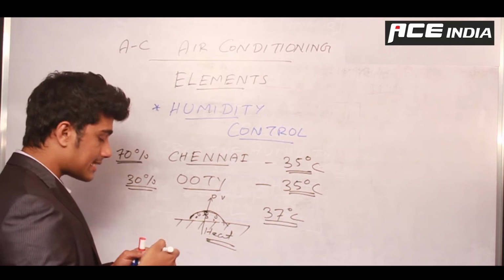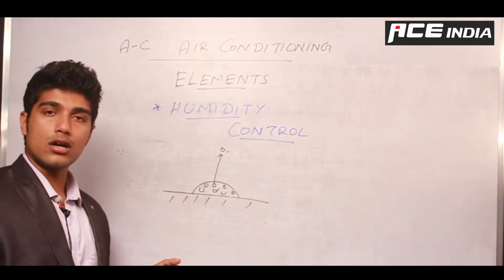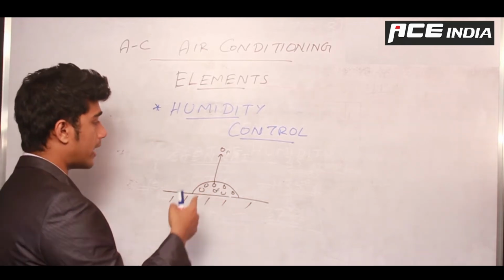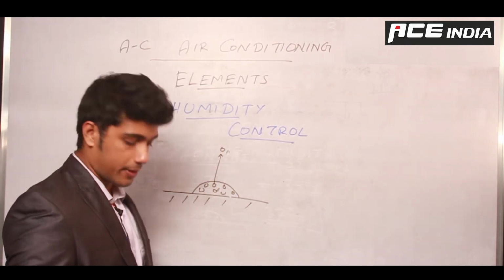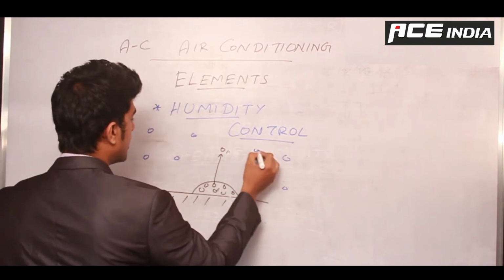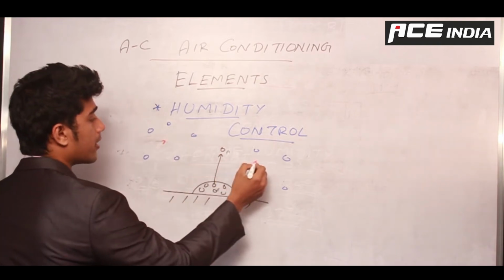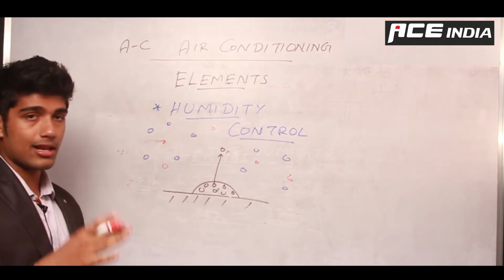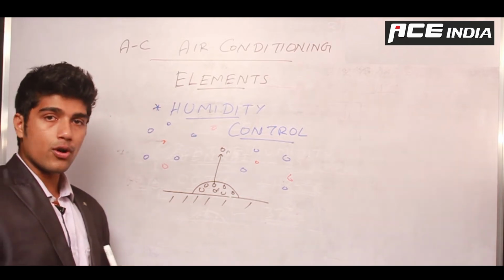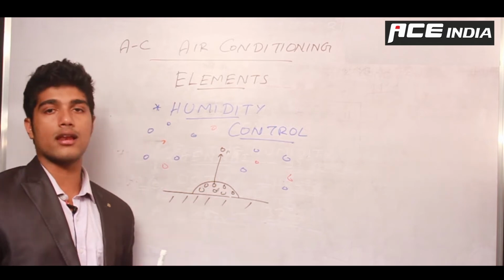Now, as this is happening, let's see what happens when sweating occurs. This is my skin, this is the water droplet which is sweat, and this is the water being converted to vapor. Now when this happens, the atmosphere is filled with a lot of particles. It has dust, oxygen, carbon dioxide, nitrogen, a lot of things. With that, it also has water vapor content. Now I told you before, RH, or relative humidity, is a proportion of the water vapor content in air, right?